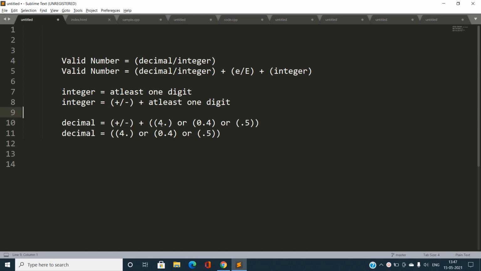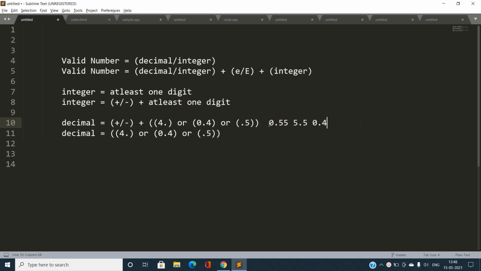So there is some digit present before the dot or after it, like 4.0, 0.4, 0.5, 0.55, 5.5, 0.3, or 4. These are the valid decimals.